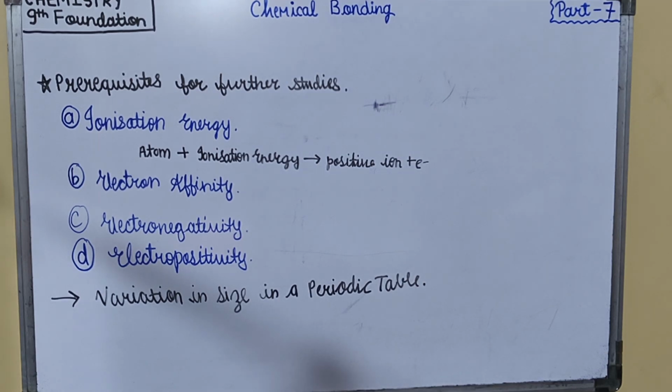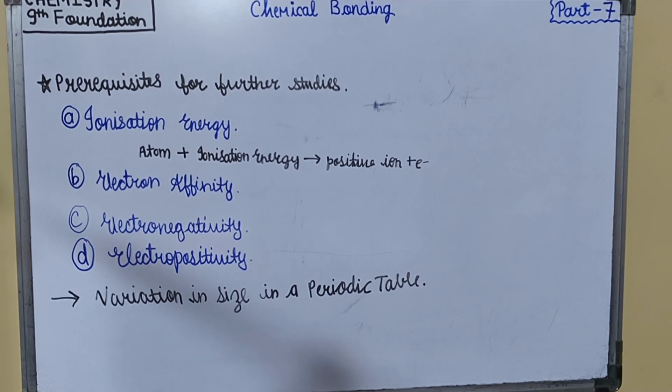Now let us study the variation of the size in the periodic table. In a period, as we move from left to right, the size gets smaller. Hence, the groups at the right are smaller in size and the groups at the left are bigger in size. The groups with smaller size are 7th A, the halogen group, followed by 6th A, the chalcogen group. The groups with bigger size are the leftmost groups of first A, the alkali group, and second A, the alkaline earth group.